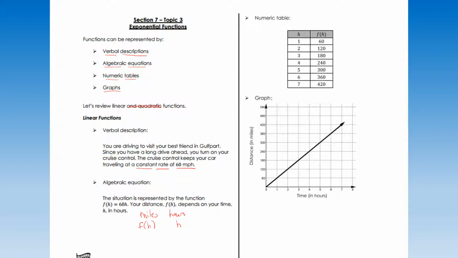Miles is represented by f of h and hours is represented by h. So as an equation, we're saying that the number of miles, f of h, is equal to 60 times however many hours we're driving. Because we're traveling 60 miles each hour, we're traveling 60 miles times the number of hours